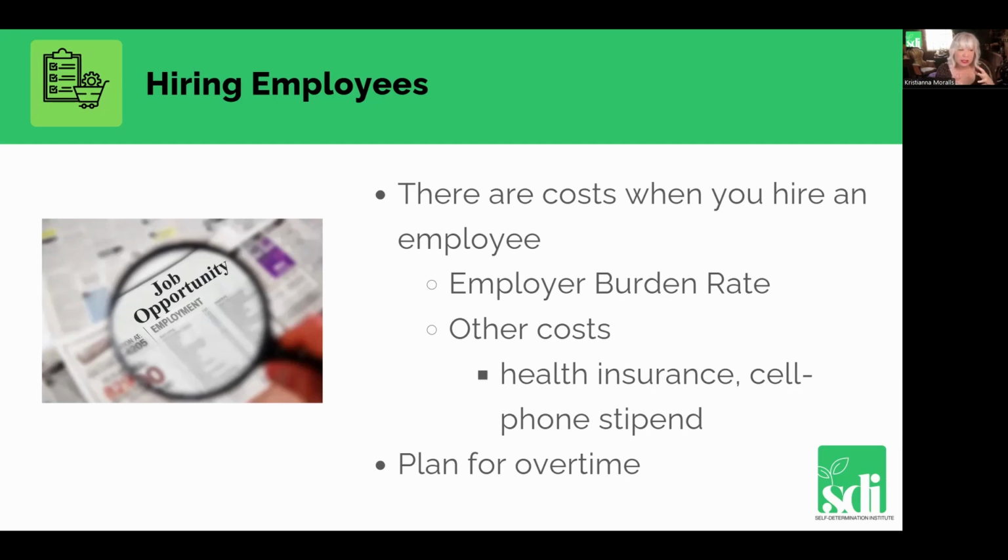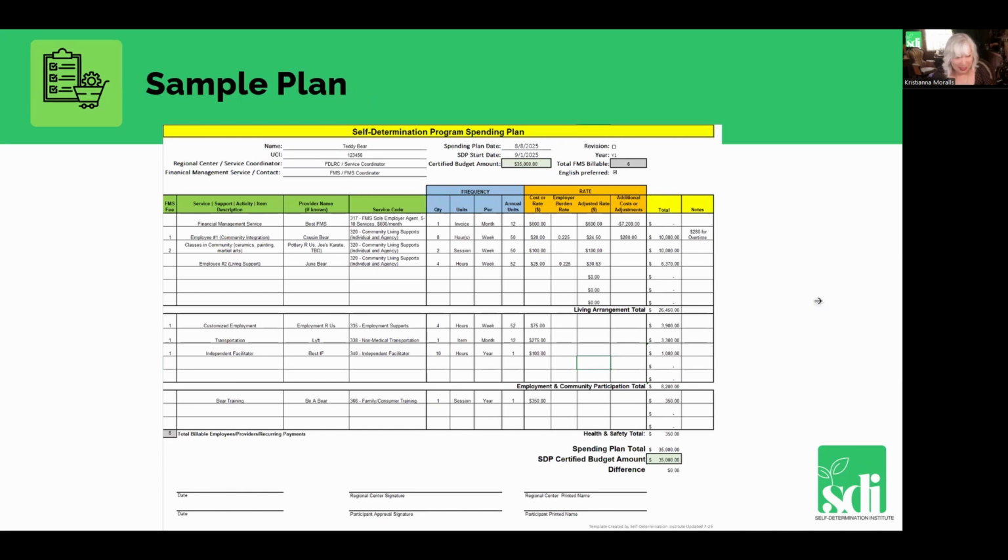So those other kinds of costs should be considered, and there should be a plan for overtime. Let's say you don't expect people to go into overtime. Things always happen. Somebody calls in late. You lose an employee and then the other employee covers those hours and ends up going into overtime. So plan for a little bit so you don't end up running out of money. So spending plan is all about planning on spending.